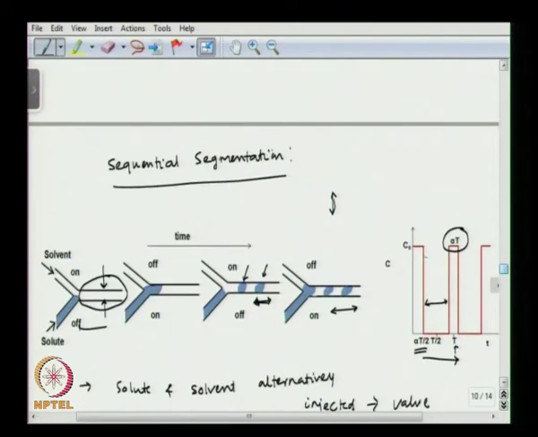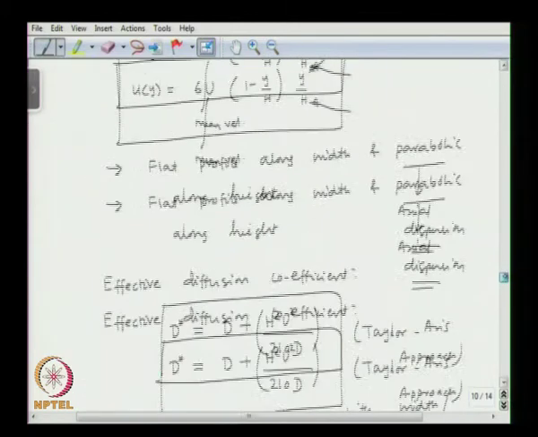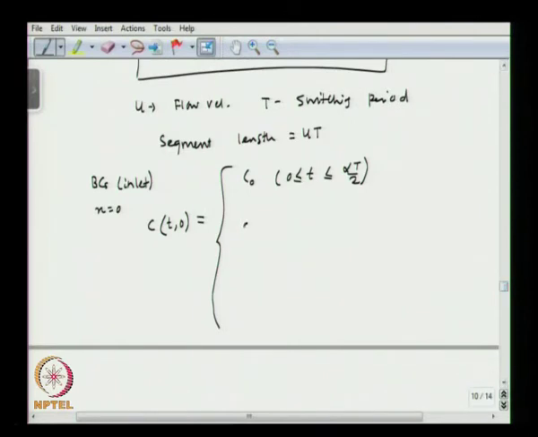So we start taking the first t equal to 0 at the middle of the solute injection. So for 0 less than t less than alpha T by 2, concentration will be C0, and then it will be 0 when alpha T by 2 is less than t less than or equal to T minus alpha T by 2. Then it will be again C0 when T minus alpha T by 2 is less than t less than or equal to capital T. So that is how the concentration at the inlet is going to be controlled.